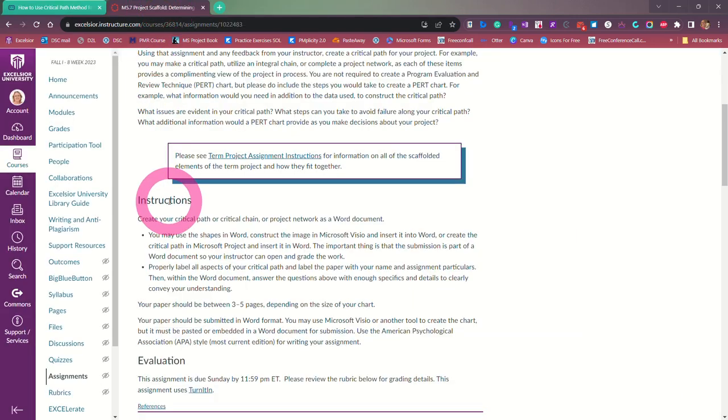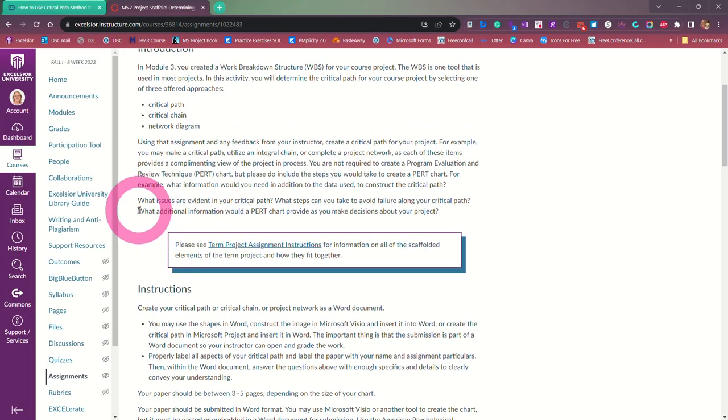Give me just a second. Sorry, I had a lot of windows open. So yeah, just make sure that you answer these. What issues are evident in your critical path? So once you've plotted that critical path, what issues are you seeing? Are you thinking that the project is going to maybe be running over the time that you had predicted in the beginning? What steps can you take to avoid failure along your critical path, and what information would a PERT chart provide you to help make decisions about your project? So just write 3 to 4 paragraphs about the PERT, and then do your critical path, and then answer those last 3 questions. Okay, so I know this got kind of long,